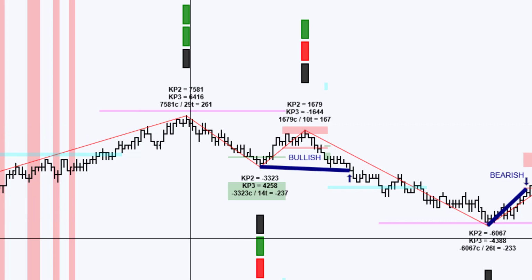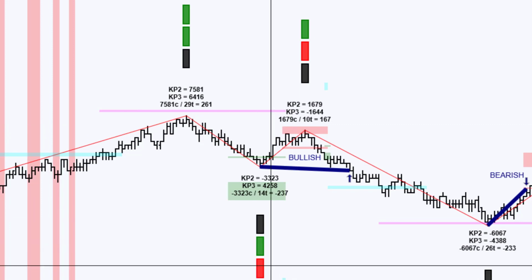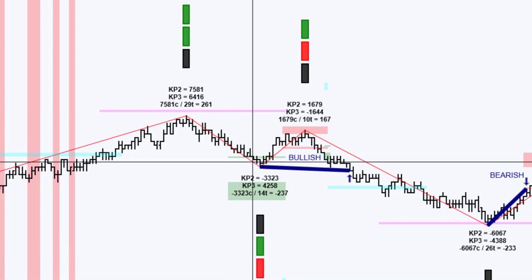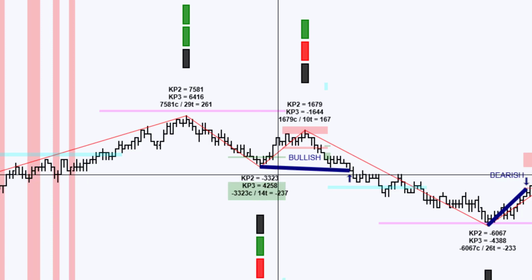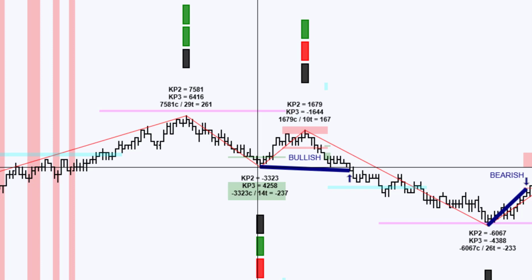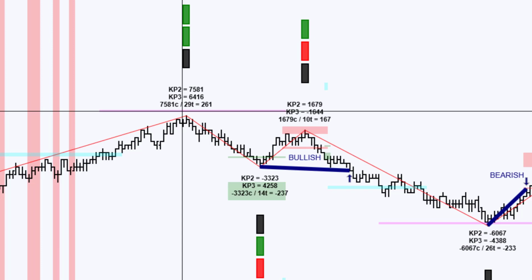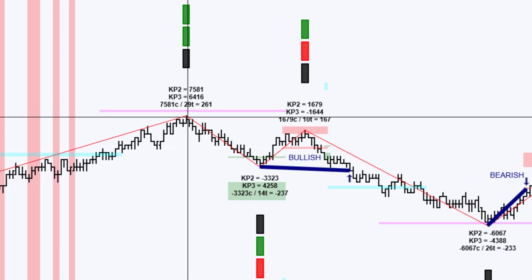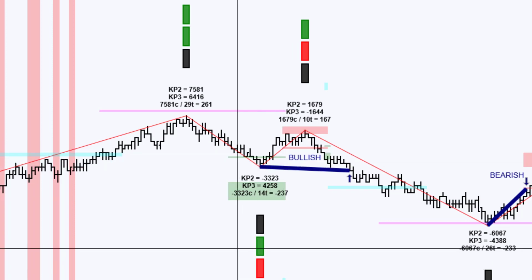Now, here's the reason why we want to be seeing these numbers, and we want to take notice when this red comes up. The KP2, which is the high to the low, is a negative 3,323 contracts. In other words, there was some very serious selling coming in. Now remember, in order to get a red trigger warning, I put the value at 1,200. So we have almost 3 times the amount of contracts,